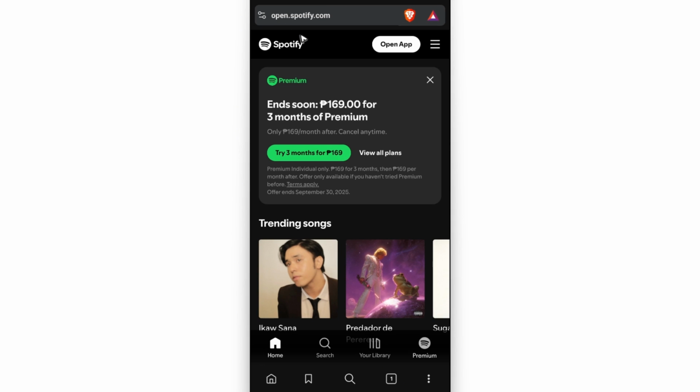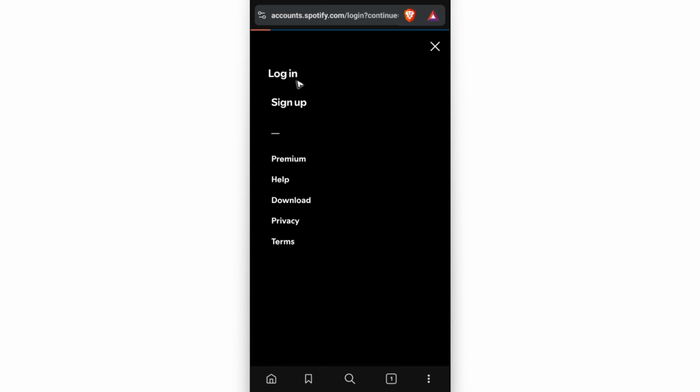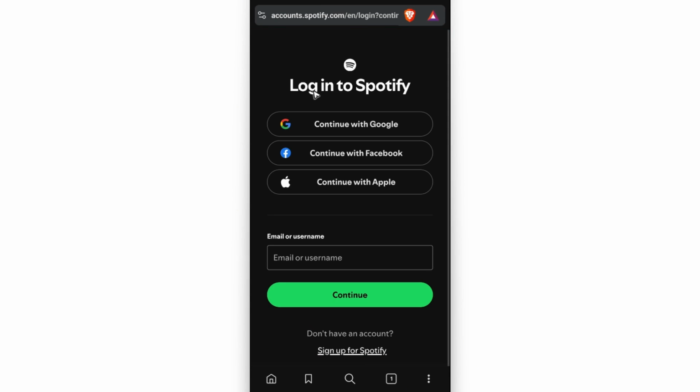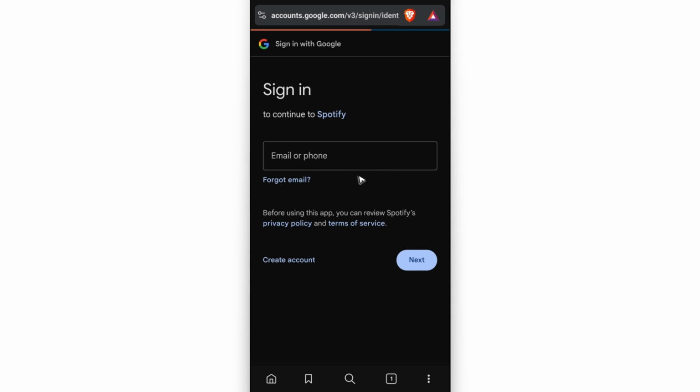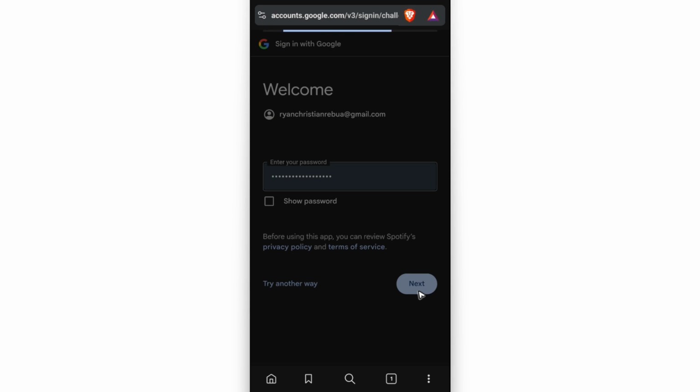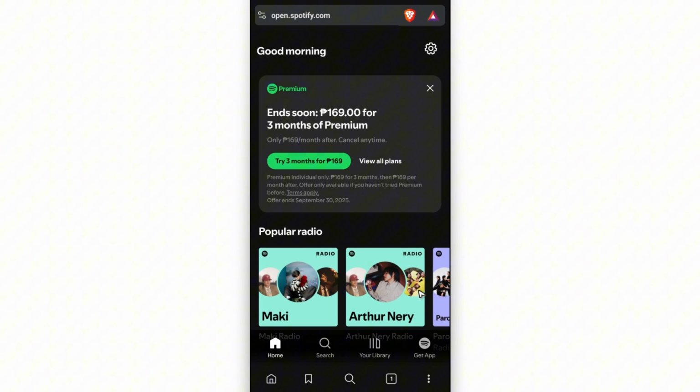website. Now in here, what you'll do is just go ahead and go to the top right and tap on the three horizontal lines or three dots, depending on your device. Okay, in here, make sure to log in, tap on it. Now go ahead and log in with your Spotify account. Wait for it. And then once logged in, you're going to go ahead and go to the top right and